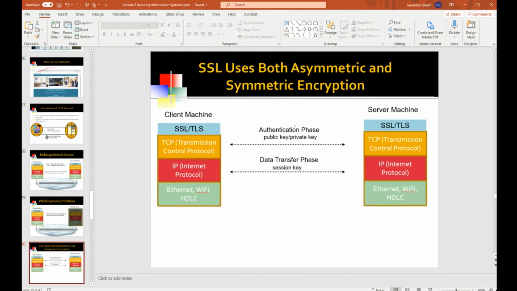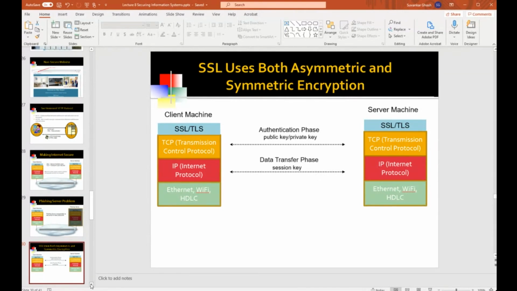And after the authentication phase, the data transfer phase proceeds. The authentication phase is done using the public key, private key, so it is done using asymmetric encryption. Then in the data transfer phase, the packets are encrypted by the session key. So the SSL protocol is actually employing both asymmetric encryption, the public key, private key encryption, for authentication, and then in the data transfer phase, it's using symmetric encryption.